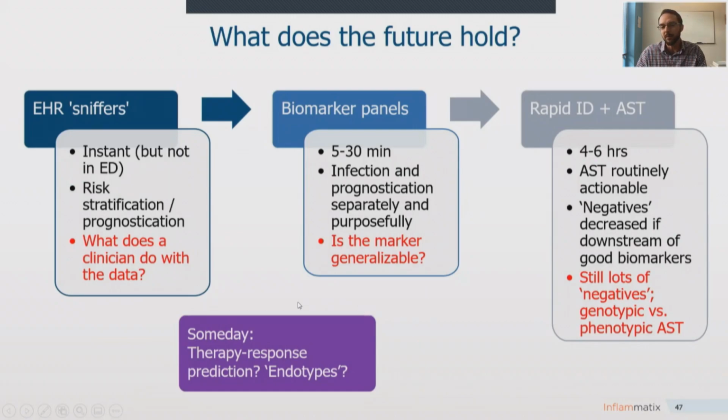And then down here, separately maybe from diagnostics, but clearly on everyone's mind, is some kind of therapy response prediction, right? We heard Monica Shankar-Hari talk about it today. We've heard several of our panelists, Dr. Meyer and Dr. Marshall, talk about it today. Some kind of way to tell not just is there an infection, how sick, but can we use some kind of readout of the patient's trajectory to suggest which therapy is going to be helpful, whether it's which novel immunotherapy or even just what kind of fluid level to strike, which pressor is best. I think that's the promise of the next generation of precision medicine in sepsis, and we look forward to seeing it unfold. I think we can move on to the questions now.